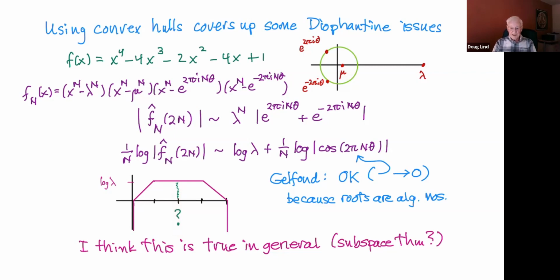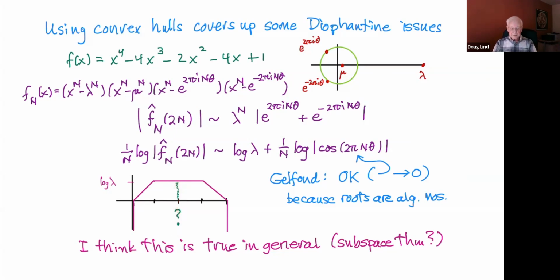But in fact, it does. And that's a diophantine result of Gelfand applied to this case, that these algebraic numbers, which are on the unit circle, the powers never get very, very close to 0, never get exponentially close to 0. And so by this old diophantine result, in fact, the coefficients here can always converge as well to the convex